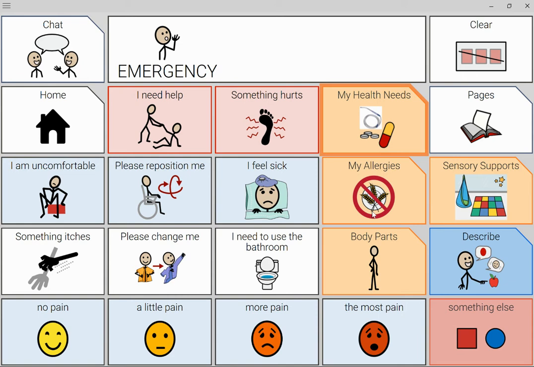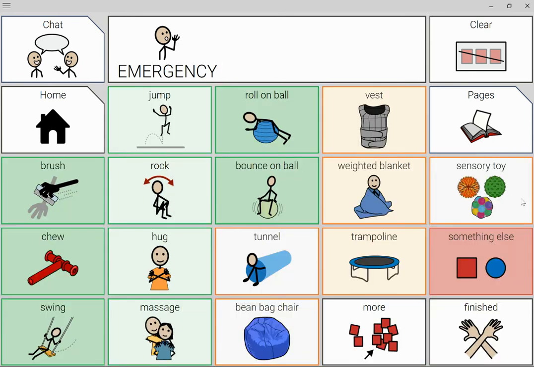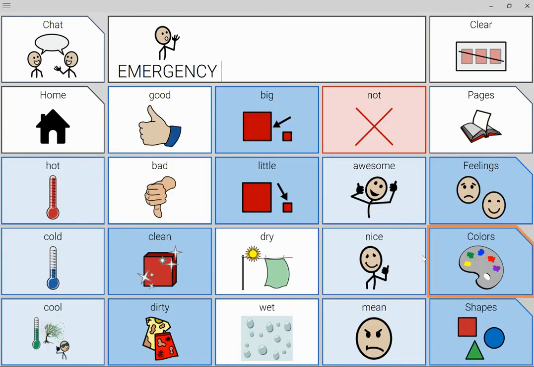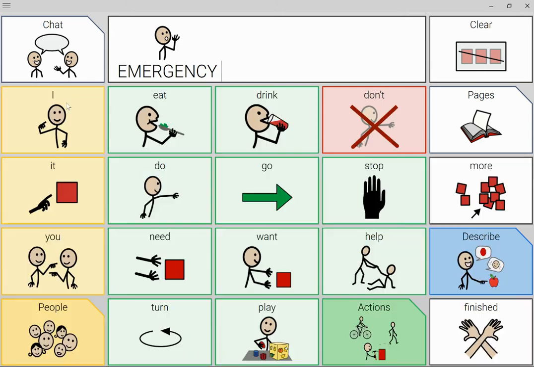And again, I have those 3 folders here. You can see we've also added a sensory support button. And if I go back one, additional vocabulary for describing. And here we've added now folders for feelings, colors, and shapes.